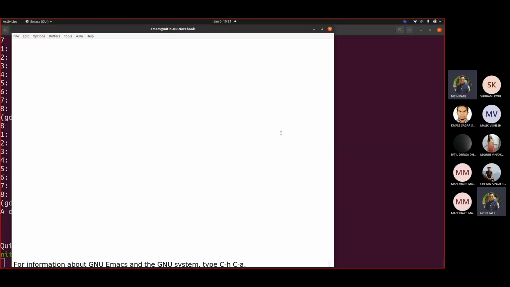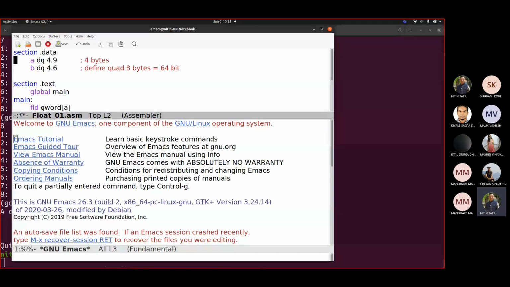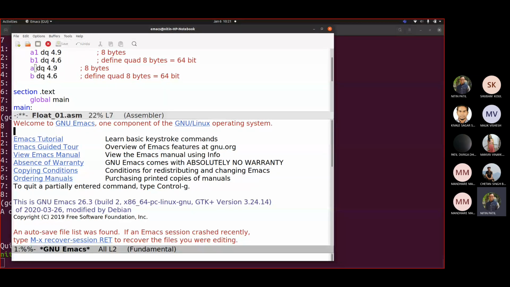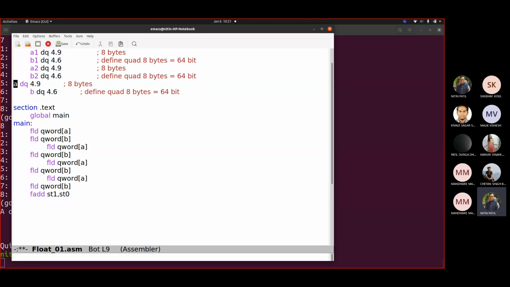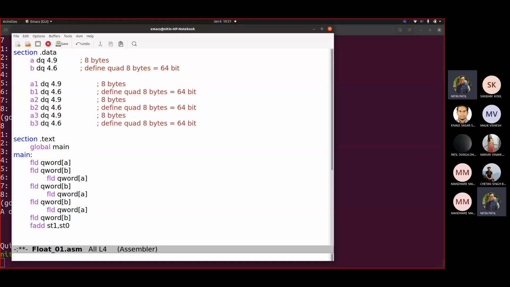So let us define different values there. This is again 8 bytes. A1, B1. A2, B2. A3, B3. So you will see now we have 8 variables, correct?